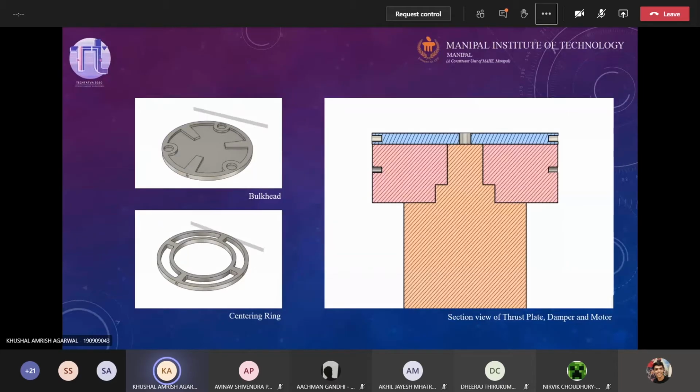See, the sounding rockets will have motors which burn for only, like, a burn time of only 3 to 4 seconds, maximum 4 to 5 seconds. So they provide a very large thrust in a very small span of time. So there will be a huge amount of impulse imparted to the rocket, and we can't just let this whole force pass through the rocket without checking it and dissipating it slowly.